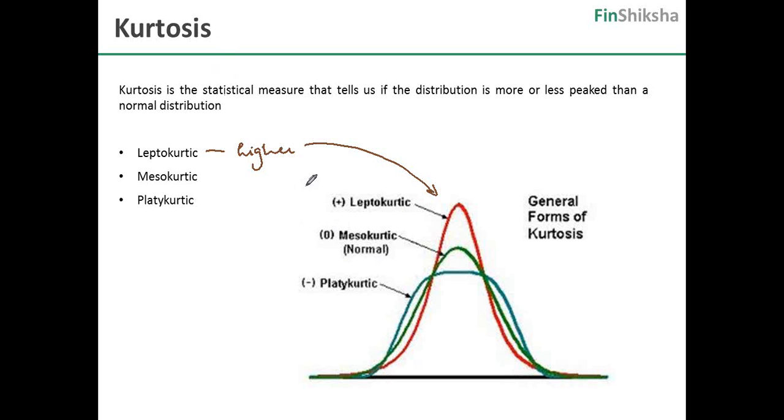Kurtosis is just a mathematical number, a technicality. The kurtosis for a normal curve is 3. For a standard curve it is 3. You can calculate it, and it will give you a kurtosis of 3. Excess kurtosis is the kurtosis minus 3. So excess kurtosis for a normal curve, which is mesokurtic, is 0. Fine. You don't need to remember all this. Just for quick technicality, I am